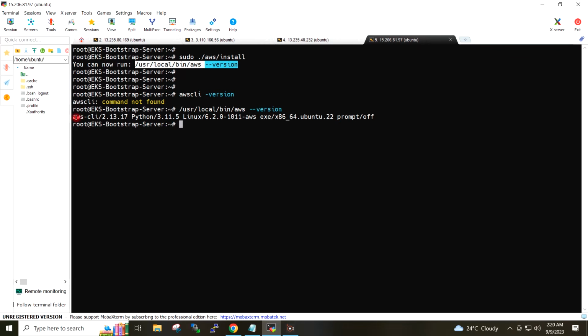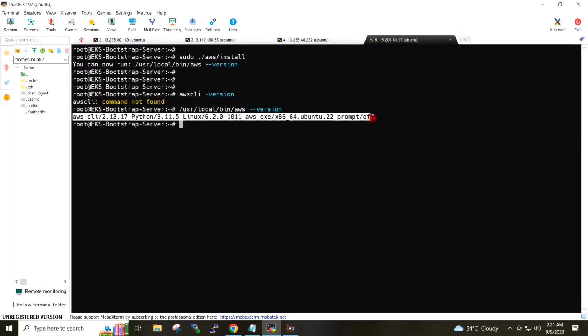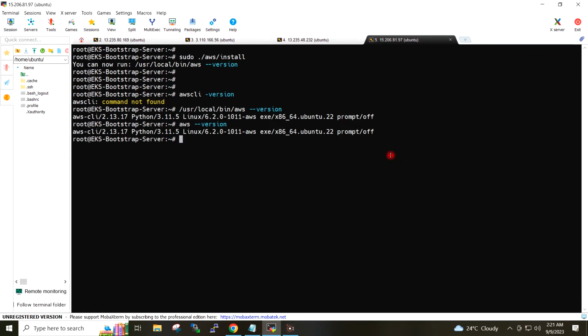So this is the AWS CLI version installed in my system. I need to now install the kubectl in this server.